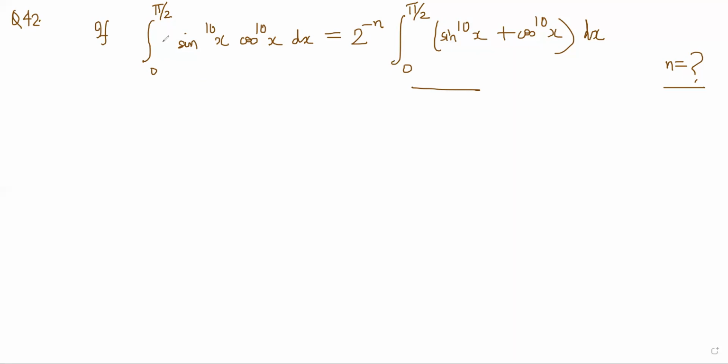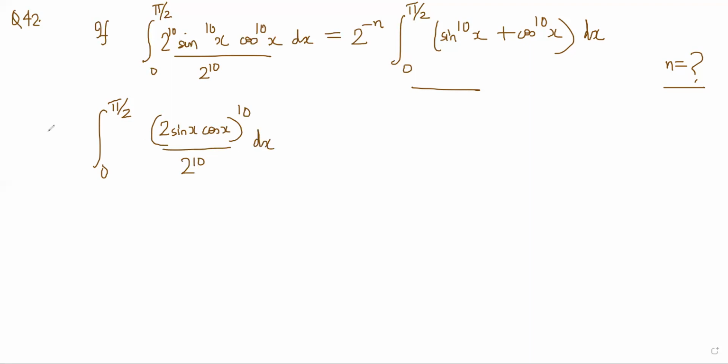Actually here, if you put 2 power 10 here by 2 power 10, we have the integral from 0 to pi by 2 of (2 sine x cos x) whole power 10 by 2 power 10, right? Okay, so your integral I is equal to this, and which is equal to